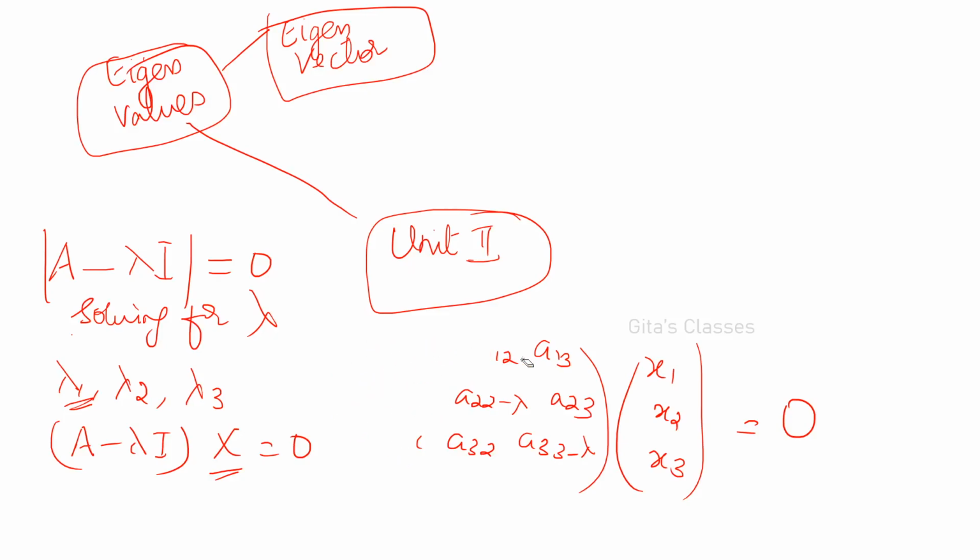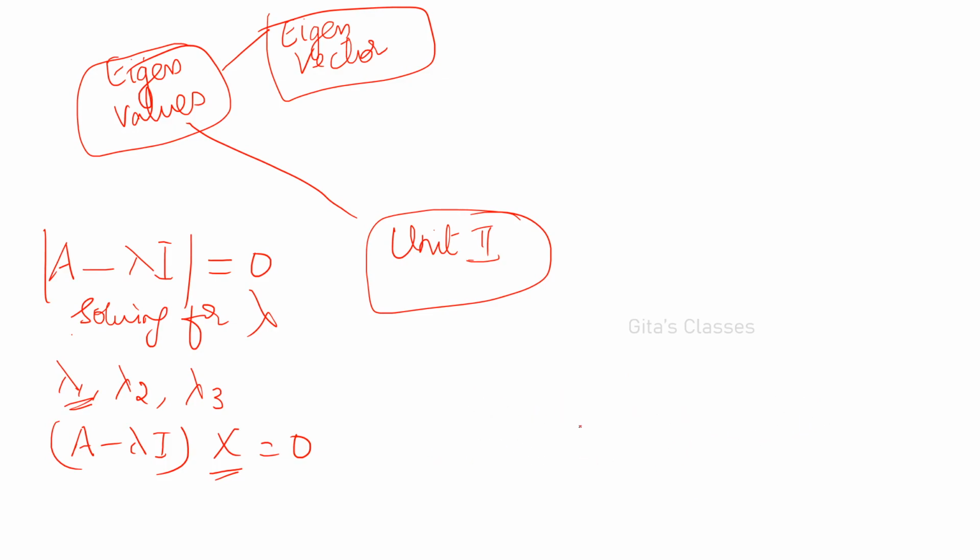That is another point, and x cannot be equal to 0. All the 3 values x1, x2, x3 cannot be equal to 0. That is another important point, and x is a non-zero vector. By seeing the equations, don't assume that 0, 0, 0 is a solution. It is a trivial solution, as in homogeneous equations. Because it is a homogeneous set of equations, you will be getting a trivial solution. We have to find one non-zero vector x for the eigenvector. It will not be unique also, and you will get an infinite number of values, that is, proportionate values.